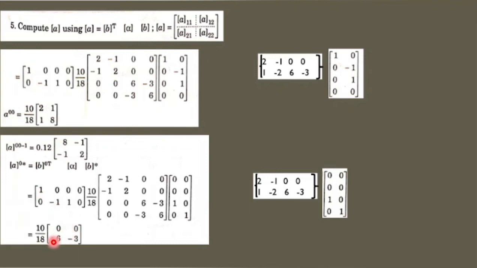0, 0, plus 6 and minus 3. Now you got what are the answers? A naught naught is 10 by 18, 2, 1, 1, 8, and now A naught star will be 10 by 18, 0, 0, plus 6 and minus 3. Isolating F naught. So write this step number 6. What is F naught? Minus A matrix of A naught naught, which should be inversed. If it is written as minus 1 here in prefix, you have to take it as inverse, and A naught star and F star. Do you know all the three values?